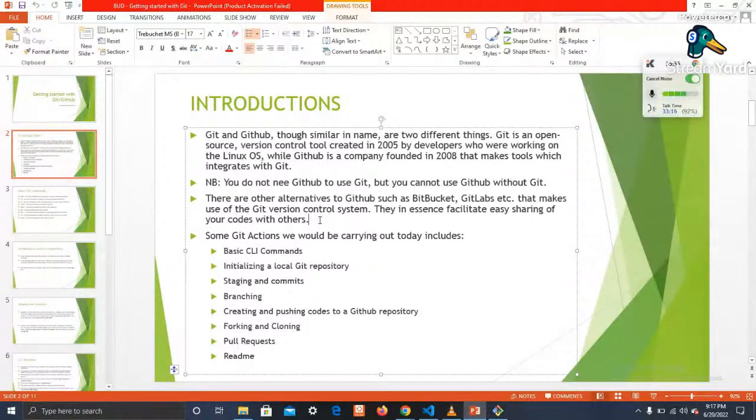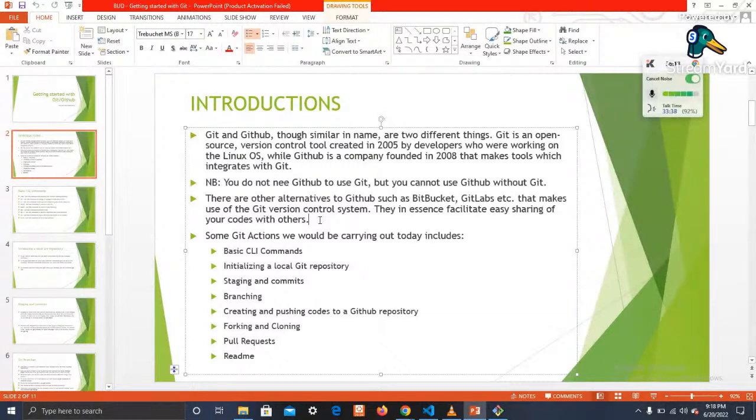But when it comes to writing codes, the codes you run on your browser, or the mobile apps you run, we do that using what we call code editors. Code editors are like Visual Studio Code, Sublime Text, some persons use Notepad plus plus, you have JetBrains and a whole lot of other stuff.